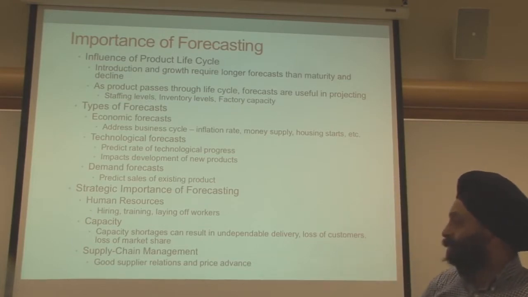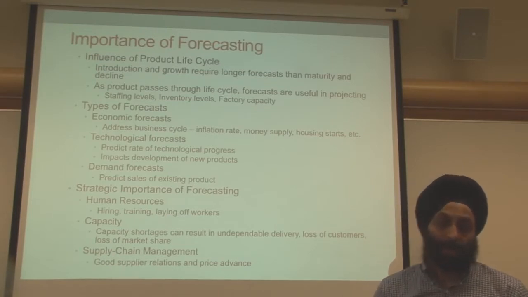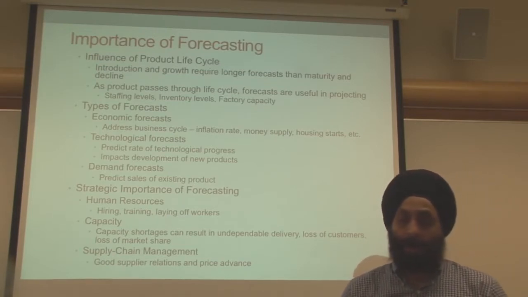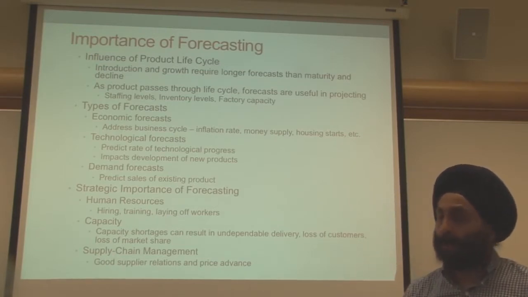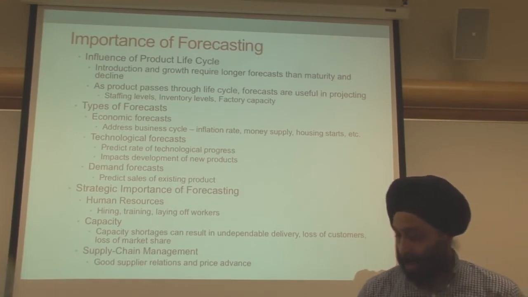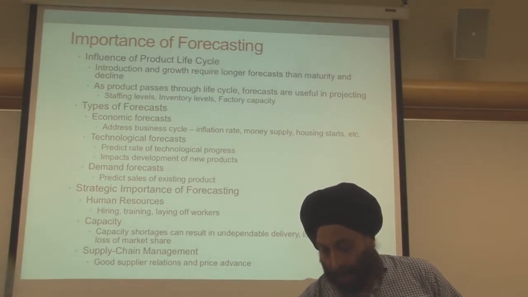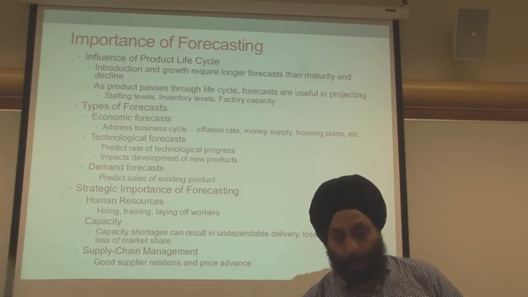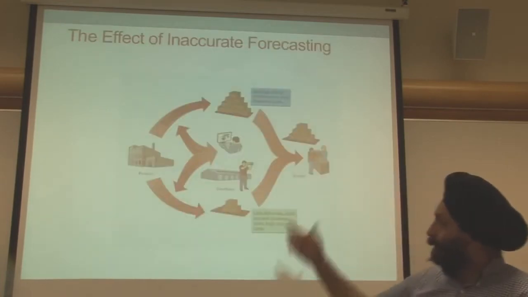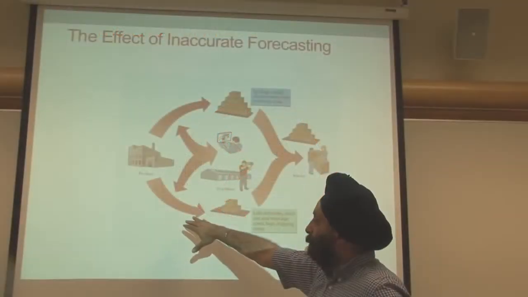And then, of course, in supply chain management, it does make sense to have good supplier relations by not fluctuating too much in the orders that are placed with the supplier, so that they can also try to regulate their own production environment. The effects of inaccurate forecasting, and in this case you can see how if the producer underproduces,